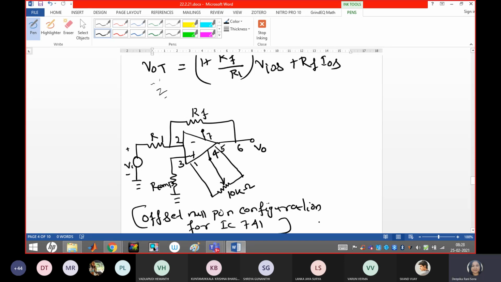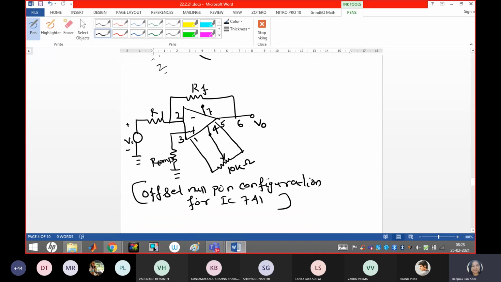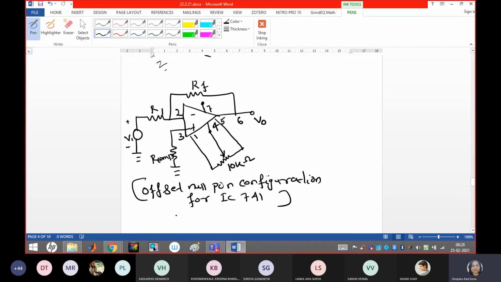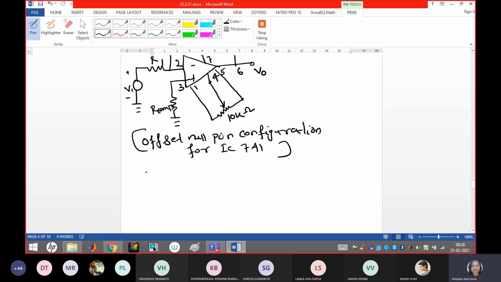Okay. And one more technique is balancing the circuit, by introducing, as I said, T and pi type of network. That type of thing can be done for the inverting input op amp. So that circuit will be like this. As per your requirement, you just use the value of the resistances. Guys, this is the circuitry I'm showing you to compensate your total output offset voltage or to reduce that voltage.